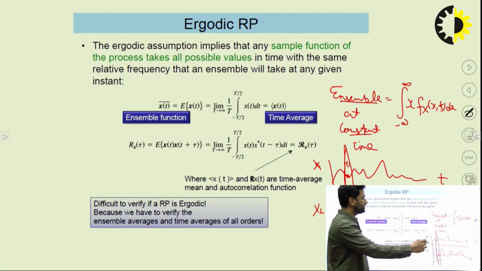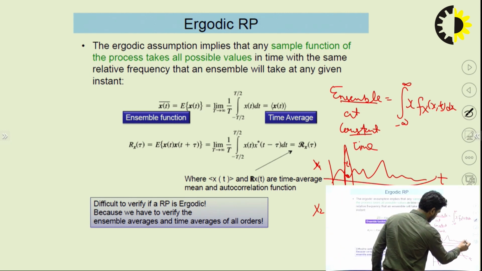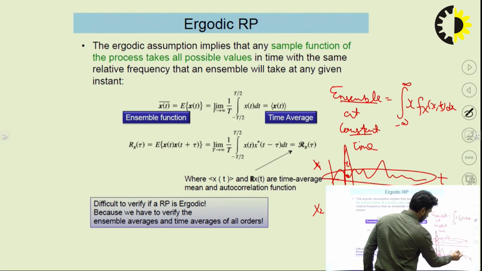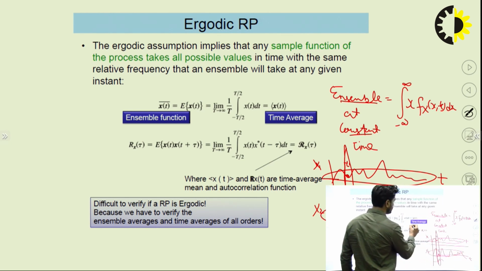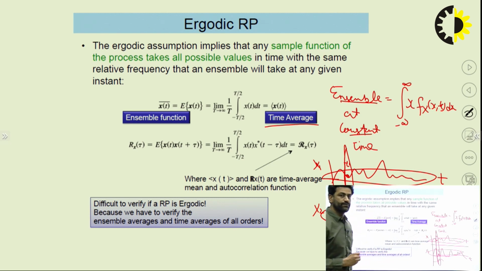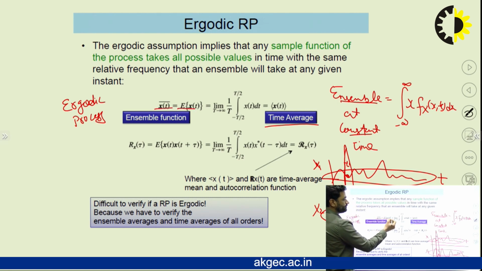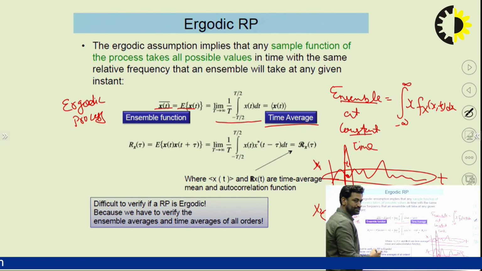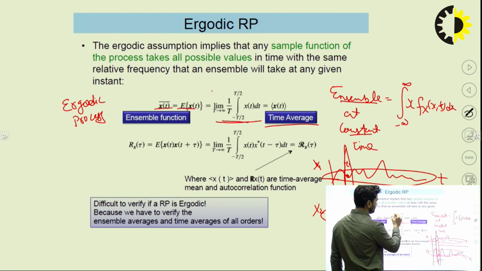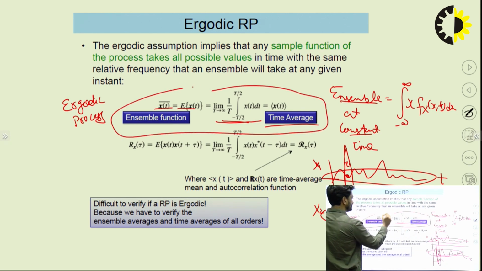When the time is varying and we collect the samples of each random process, that is known as your time averages. When time averages and ensemble averages become equal, that is known as your ergodic process. Now see here, this is the mean formula, the mean representation, and it becomes equal to your time average. This is the formula to calculate the time average, and then it is known as your ergodic process.